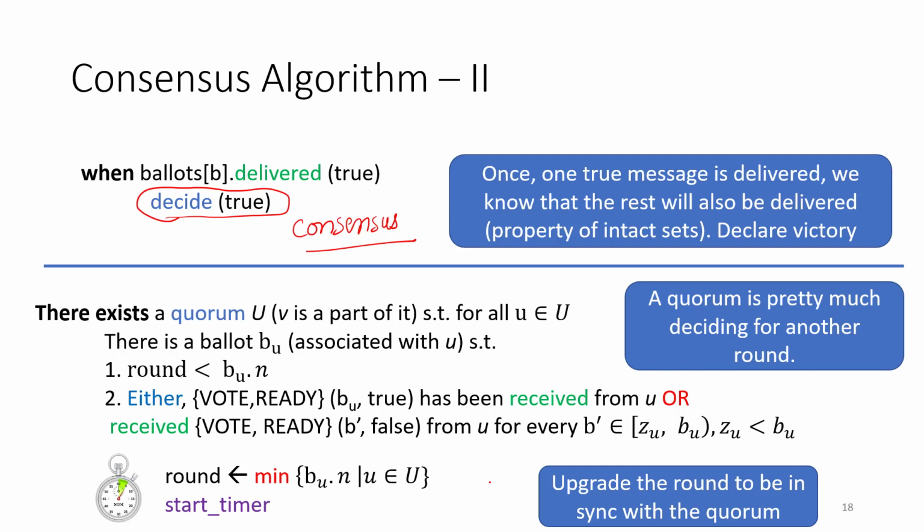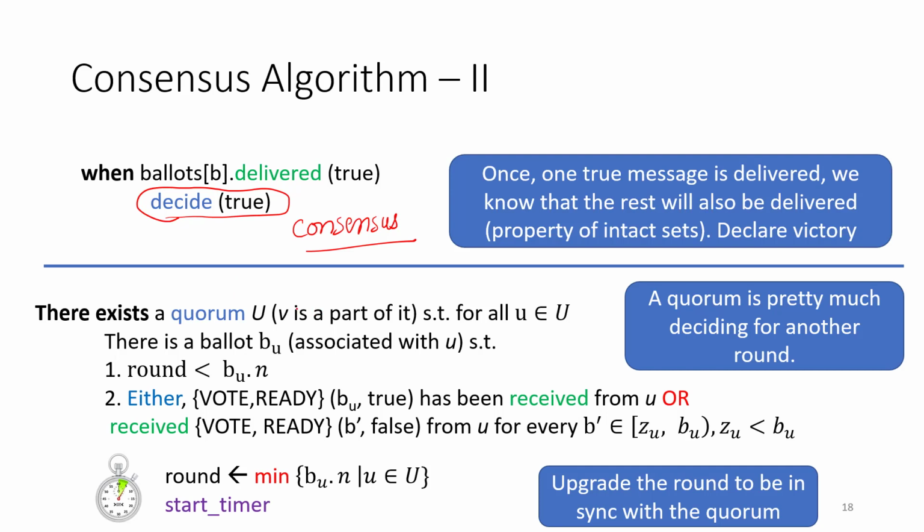So as I said, the process of federated voting is not guaranteed to complete, which basically means that the first phase could get stuck. So that is why we need a timeout mechanism.